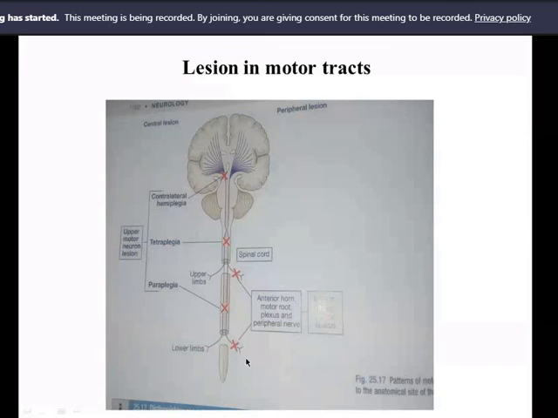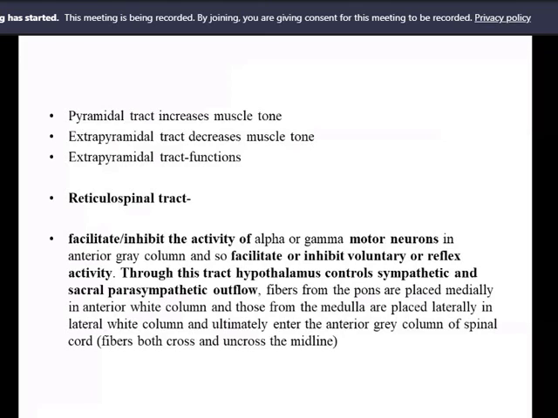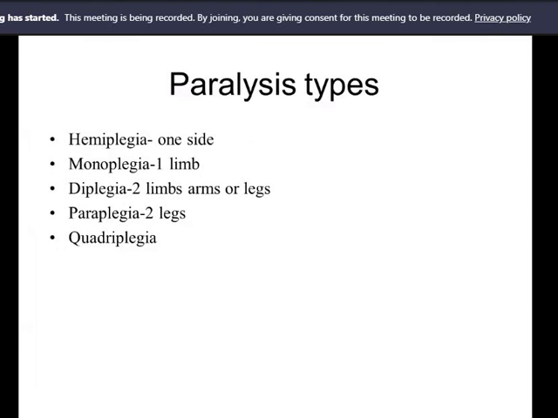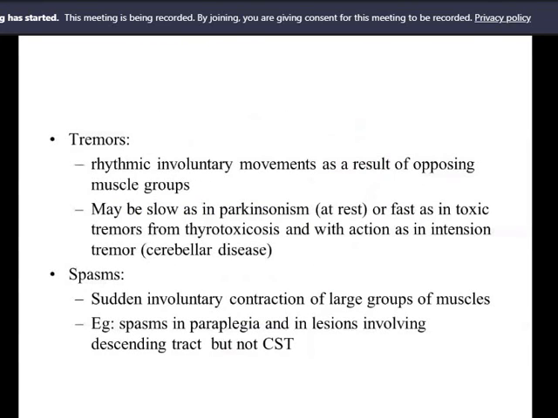Yes, sir. Should I go back to the slide where we were? Yes, here we were, isn't it? Is it clear now? Clear, sir. Should I proceed? Next slide. Then hypotonia, hypertonia, all those things are there, and let us come.